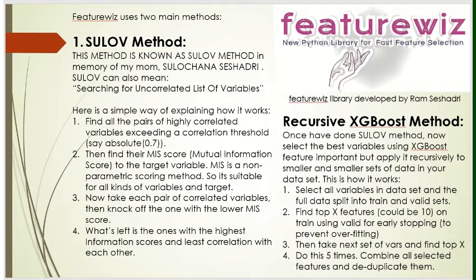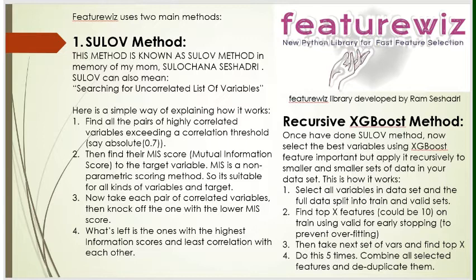Featurewiz works by using two methods. Both are new. The first method is known as the Sulov method, and it is named in memory of my mom, Sulochana. Sulov can also mean searching for uncorrelated list of variables. First, Sulov finds all the pairs of highly correlated variables exceeding a certain correlation threshold. Let's say 0.7. It can be in either direction, minus 0.7 or below, or plus 0.7